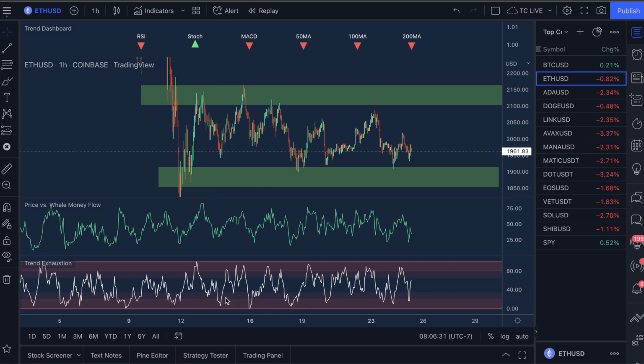When Trend Exhaustion is low, bingo, we're looking at this. And I just want you guys to look up here. Is Whale Money Flow moving down? Have the whales been done buying up here, and are they shifting over to selling? Yes, they are. Guys, the Whale Money Flow literally just shows you what's happening with the volume of whales over here, the transactions. They are selling. So when this happens over here, this is a great time to be looking to get back into the market